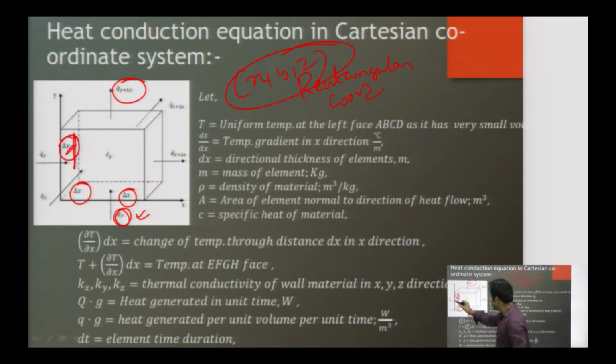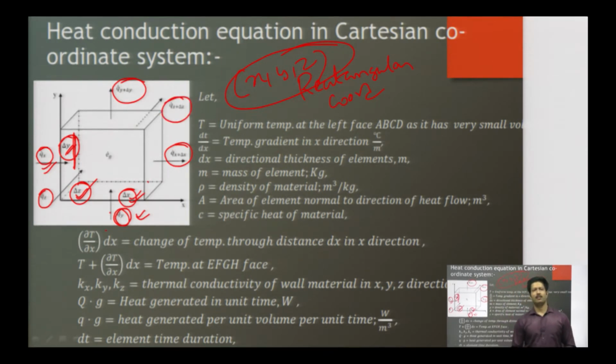Now suppose the heat that is entering the thickness delta x is qx. The heat that is coming out across that thickness will be qx plus delta x. Then suppose the heat that is entering across the thickness delta z, that is along the z axis, the heat crossing that particular thickness is qz plus delta z. So these 6 heats flowing in and flowing out of the system will form the basis of the derivation.